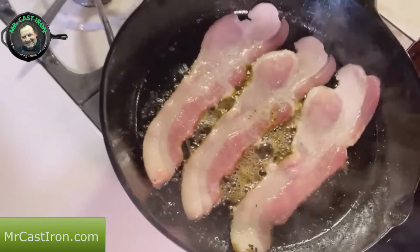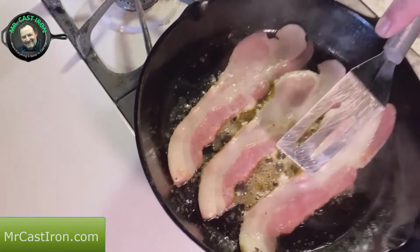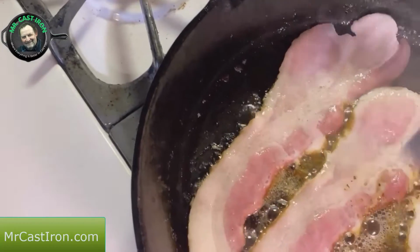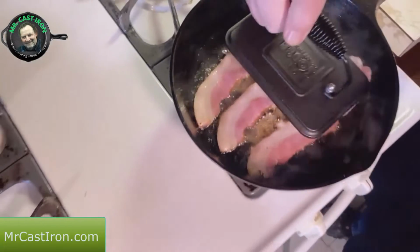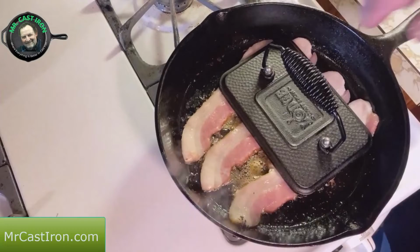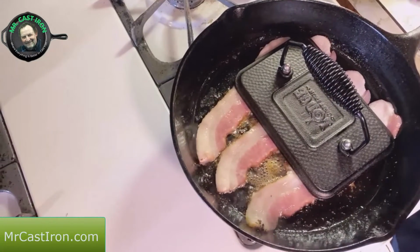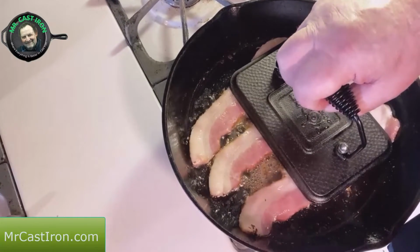Okay, as you can see, as our bacon begins to fry in the cast iron skillet, it's starting to curl up here. One way to remedy this is to use a grill press, just like we did with our smash burger video, and you've seen that. We want to show you how to lay this on top of your bacon, and that is heavy enough to weight it down where it will stay flat in the cast iron skillet,